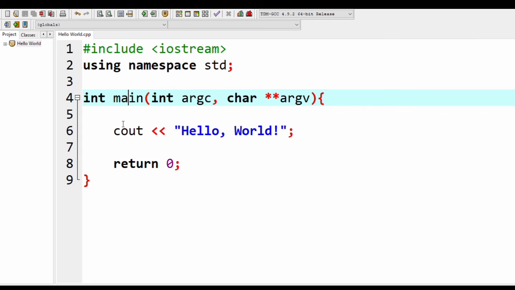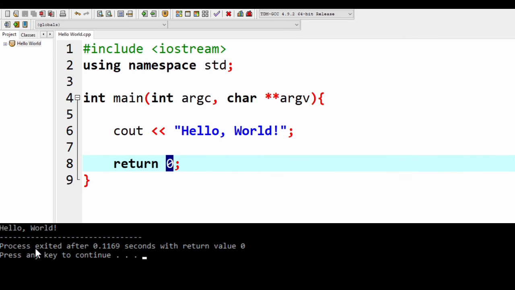After the printf statement comes the return 0, meaning after these statements have been done, the program will return 0. That's why if we compile and run, you'll see here, process exited after 0.1169 seconds with return value 0.